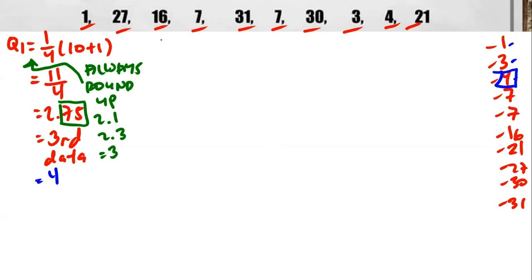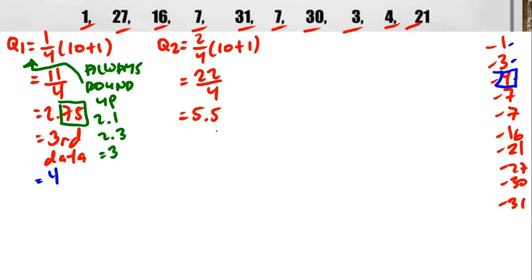Okay? Next, Q2 agad. Q2, we have 2 over 4 times 10 plus 1. So, 10 plus 1 is 11. 11 times 2 is 22 over 4. On your calculator, 22 over 4 is 5.5. Dito sa Q2, kahit i-adapt nyo lang yung